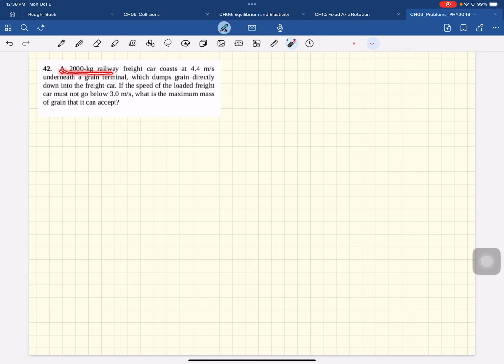A 2,000 kg railway freight car coasts at 4.4 meters per second underneath the grain terminal, which dumps grain directly down into the freight car. If the speed of the loaded car must not go below 3 meters per second, what is the maximum mass of grain it can accept? Okay, so